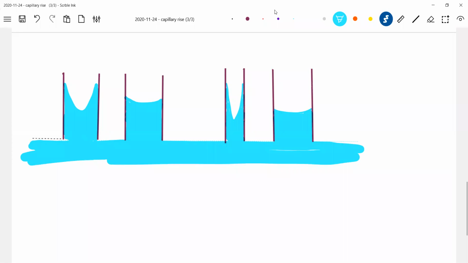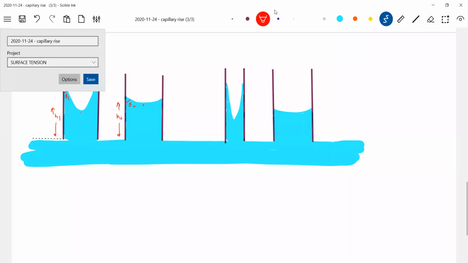Okay, let's make an observation of the meniscus here in the capillary tube. The radii I'm also changing. So here, look at the angle of contact, theta 1, theta 2. This is the level that we take, H1. Now, if I change the angle of contact, it is not a fixed parameter. That's what I am trying to bring out here.